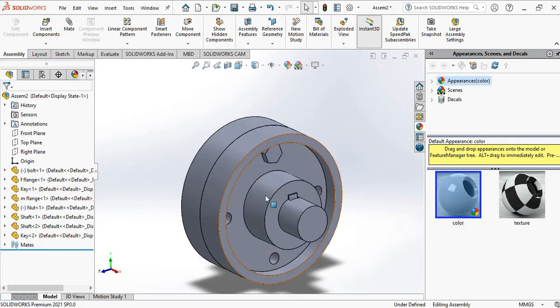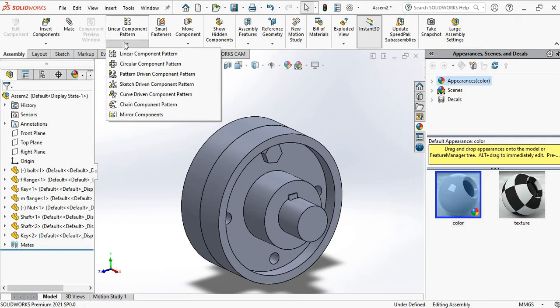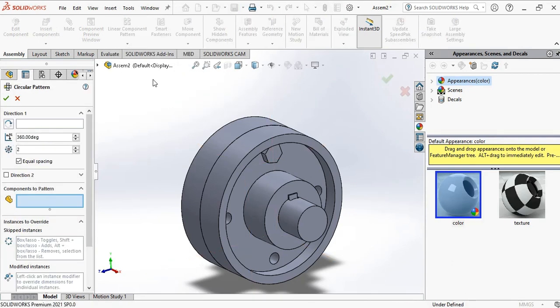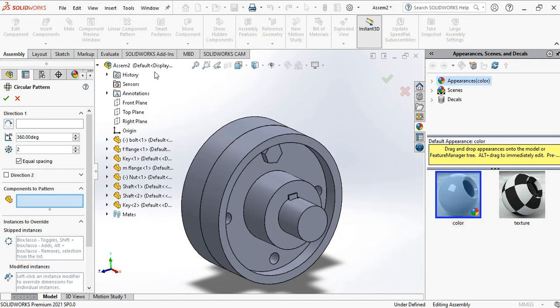Here we need 3 more bolt and nut for these 3 holes. So instead of inserting each and every component and mating those components, let's pattern. So go to pattern. Here we are having circular component pattern. So click this and expand this assembly.